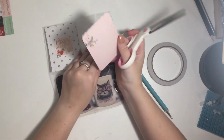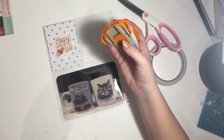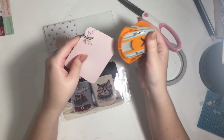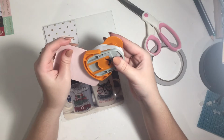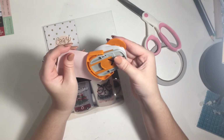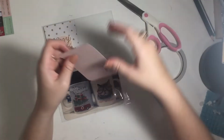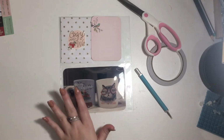I don't know why I rounded the corners when I have a corner round. I just dropped my glue. I'm going to just tidy up those rounded corners because I tried to cut them and I'm not happy. Okay, that's fine. I'm going to journal about this story here, which is where I buy a new Christmas mug